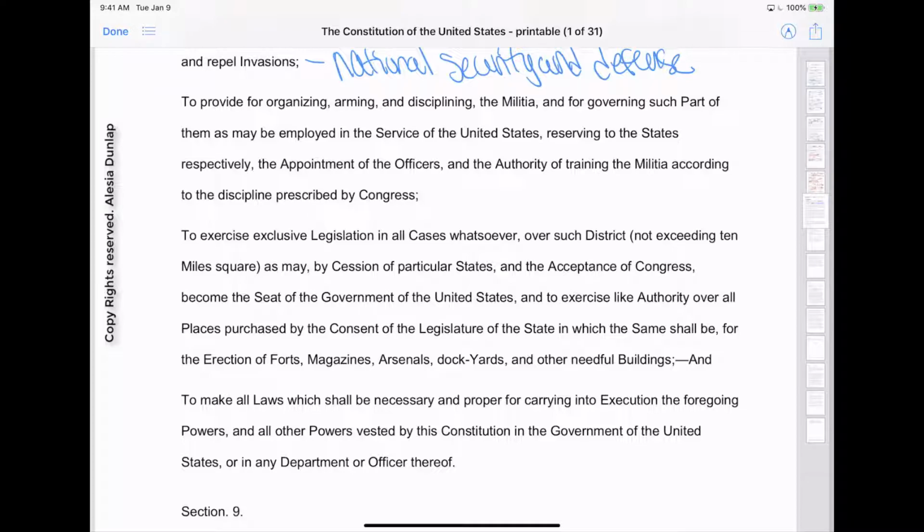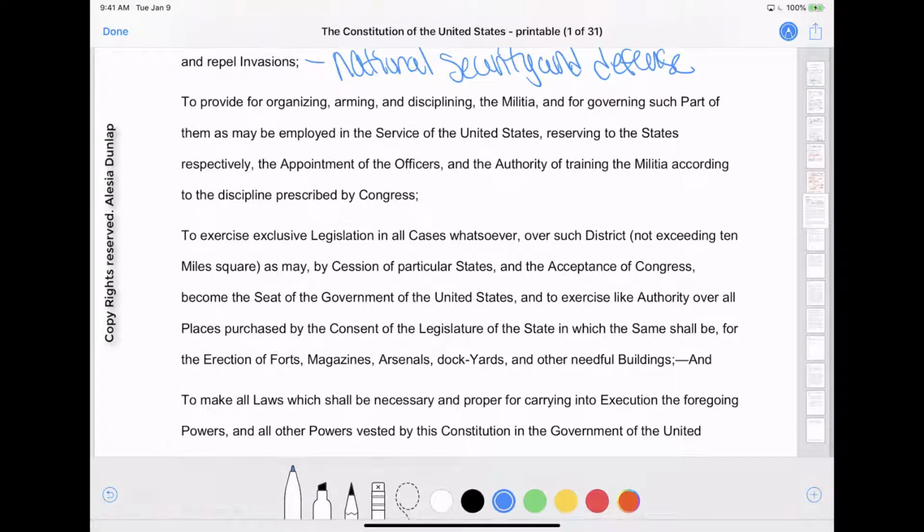All right, Congress can order civilian militias to enforce the laws of the country, and end rebellions and defend against invasions. So here's this word militia, and we learned that's in the Second Amendment, right? Congress can organize and provide weapons for civilian militias. The states will appoint officers and train the militias according to the rules developed by Congress.